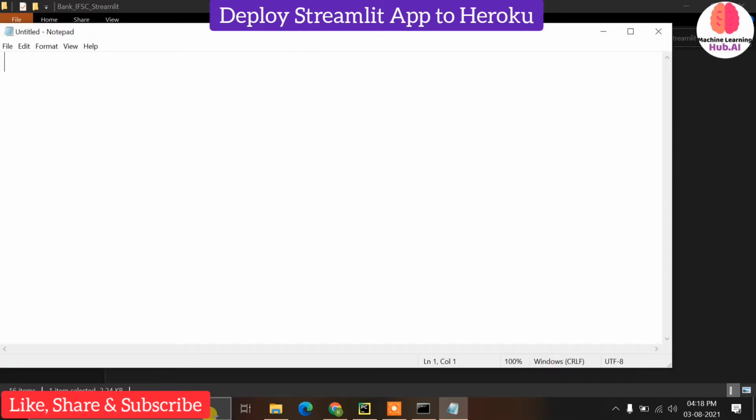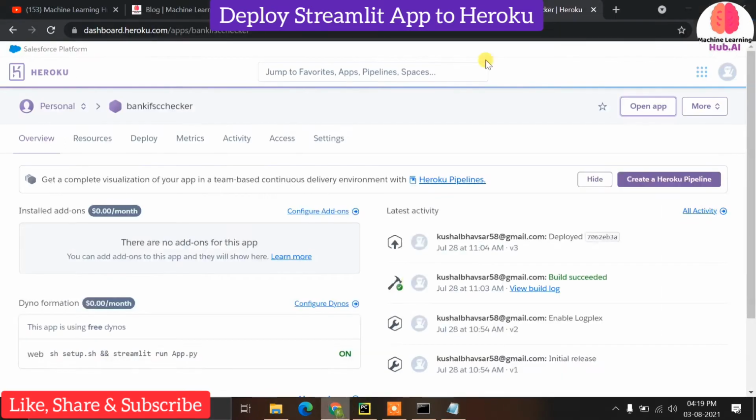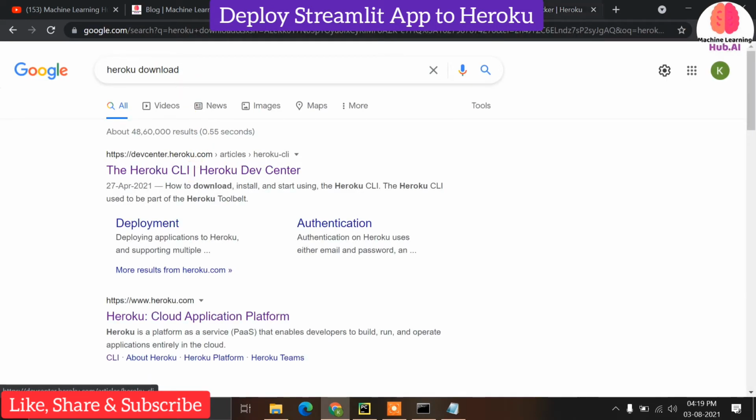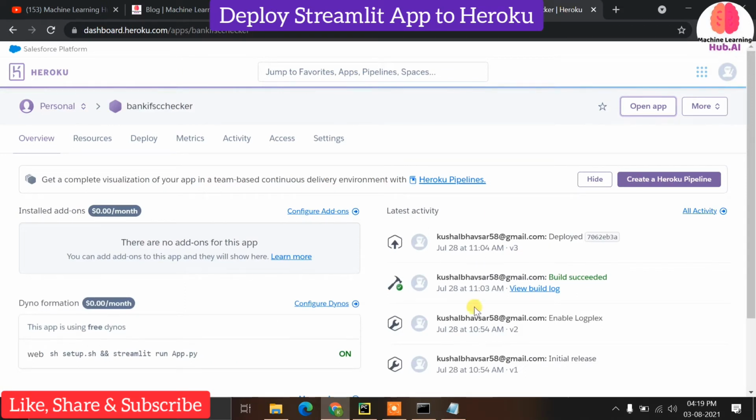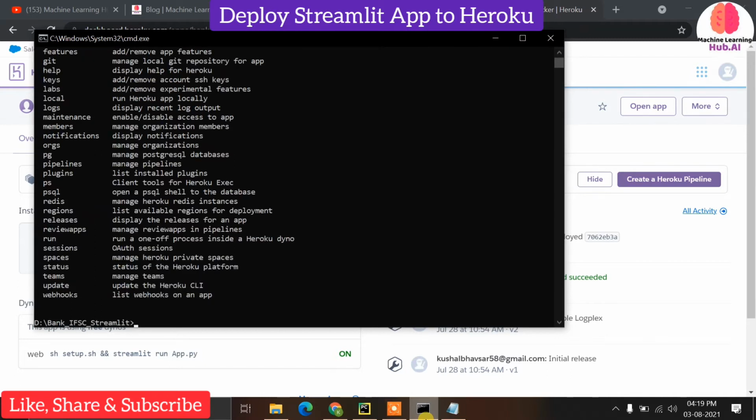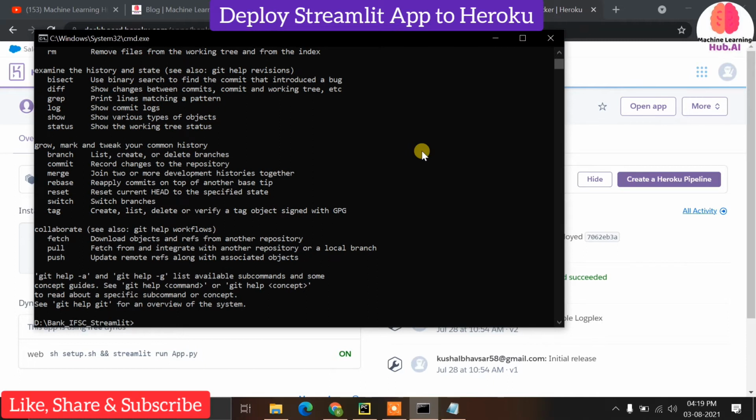The first step is to download Heroku. Heroku is just for the CLI purpose. If you go to Google, you can download the Heroku CLI from there. It is not a big thing. When you go to CMD and type heroku, Heroku functionality should be accessible from CMD, right? Okay, now it is accessible. Git should also be installed. Okay, Git is also installed. If you have not installed Git and Heroku, then first install these two things. This is very useful, right?